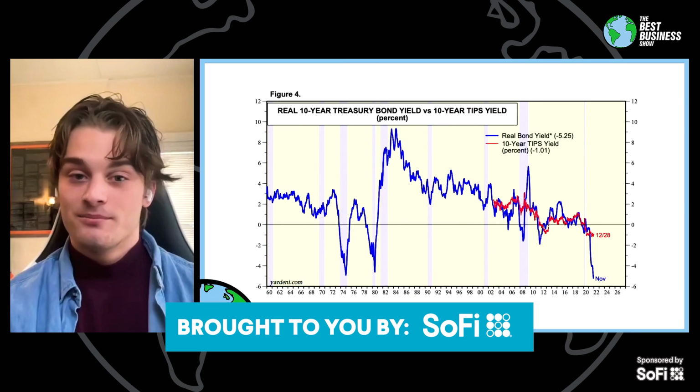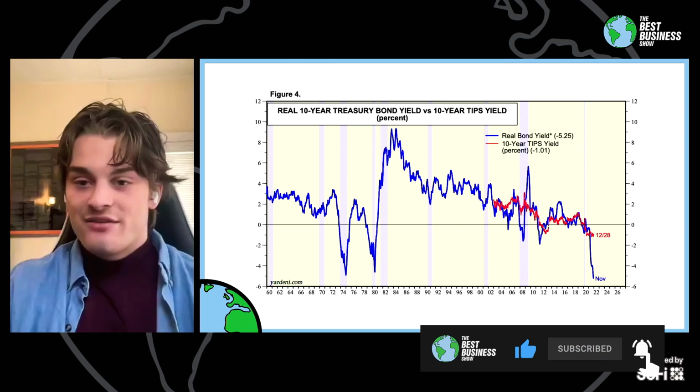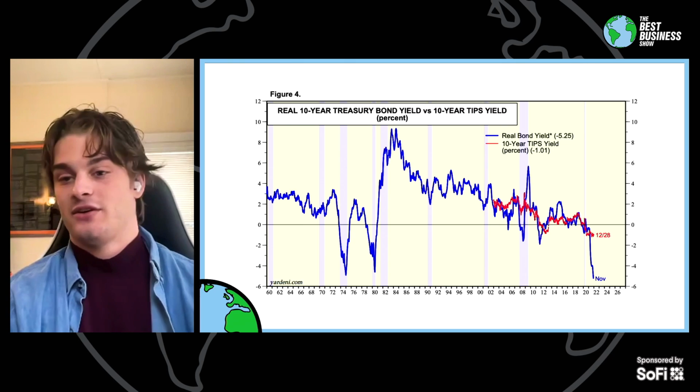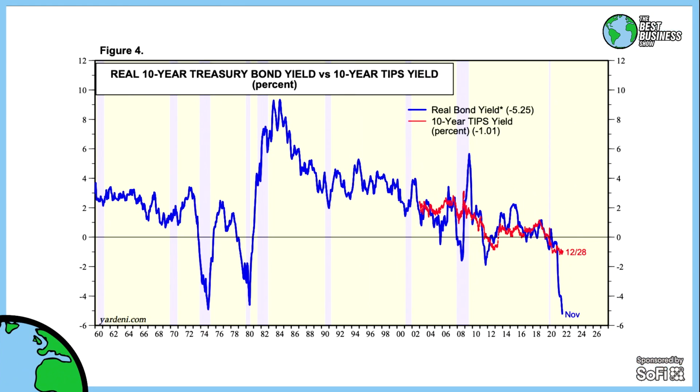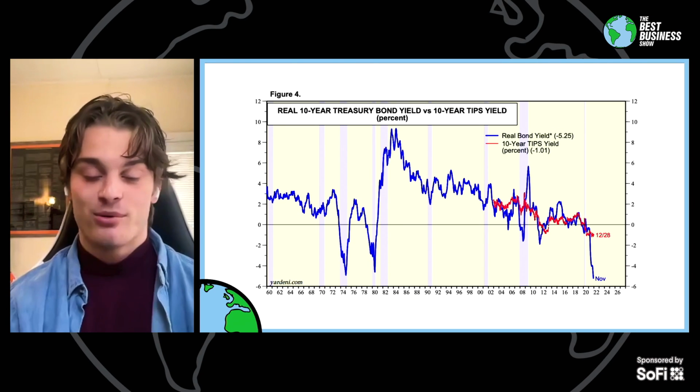All right, next one, we've got the real 10-year Treasury bond yield versus the 10-year TIPS. What's this showing us? Yeah, you can ignore the TIPS. The real yield is the same chart that we just showed, but adjusted for inflation. When you borrow money, you're paying an interest rate, and if you subtract the inflation rate on that debt you're paying back, what's the yield you're paying? Right now, if you buy the U.S.'s debt, you give money to the U.S. government in exchange for an interest payment and getting your money back at the end. On an annual basis, you get about a minus 5% return, and that's if the CPI inflation rate they're reporting is true.